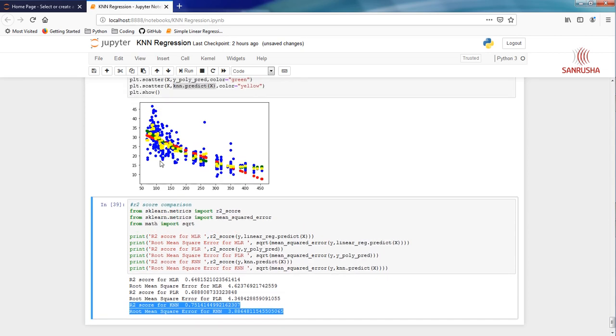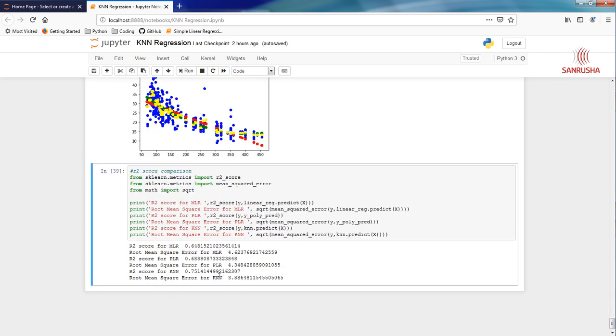One thing I want to point out, if you look at this KNN, it's not a straight line, and that's why it is not called linear regression. Linear regression is simple linear regression or multiple linear regression or polynomial linear regression, which actually gives you a line, either a curved line or a straight line. But in case of KNN, because it is based on the nearest neighbor points, it's not a straight line. It just predicts the y values based on the nearest neighbor points, and this is why it looks like a scattered plot in line with the actual points. And maybe that is why it is giving a better prediction in this case, right?